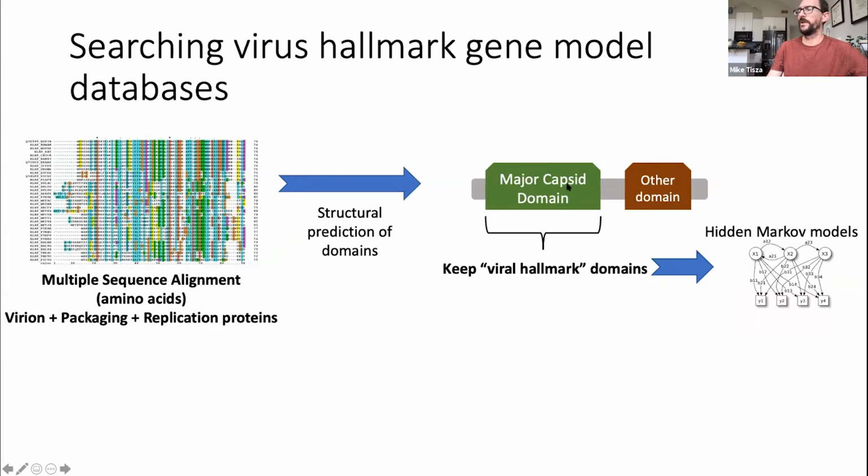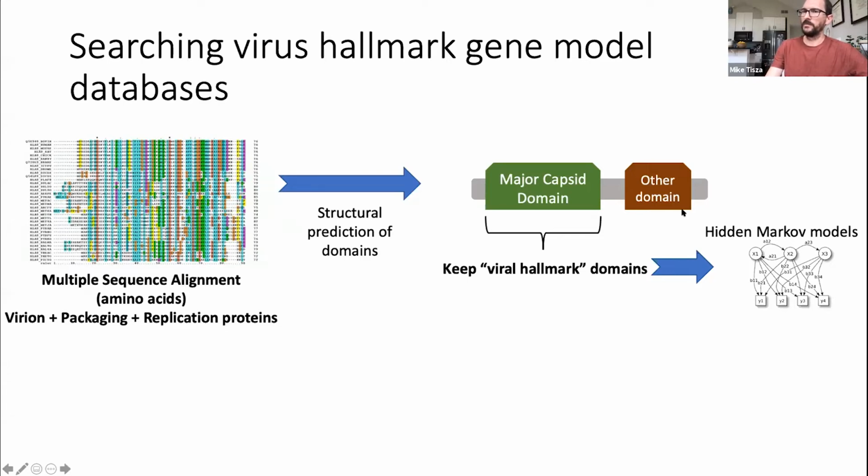You can do structural prediction there, and you can find which domain within the larger multiple sequence alignment actually corresponds to that major capsid fold. And then you can take that domain, get rid of the other domains that may or may not be there, and generate a hidden Markov model there. It's important to remove those other domains because they can give you some false positives because they might be an